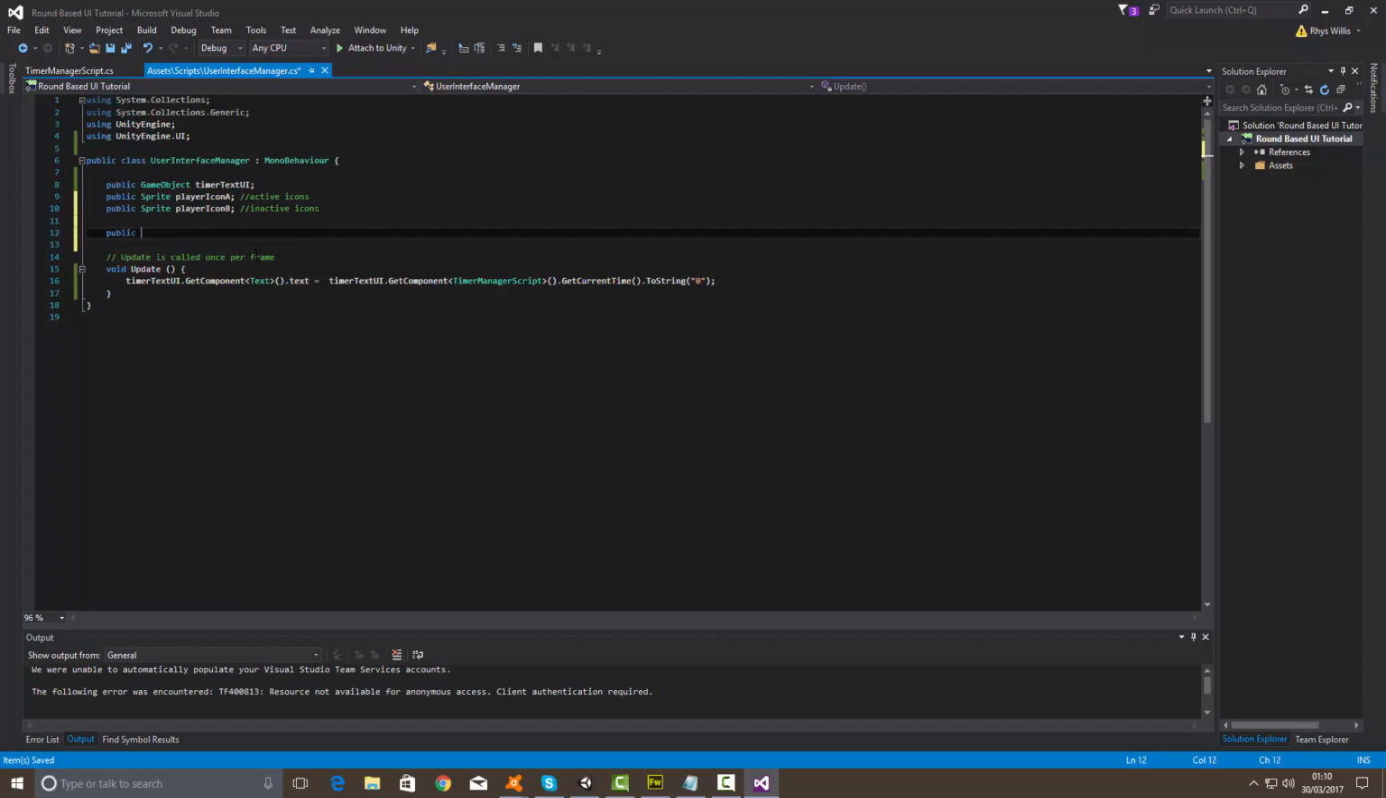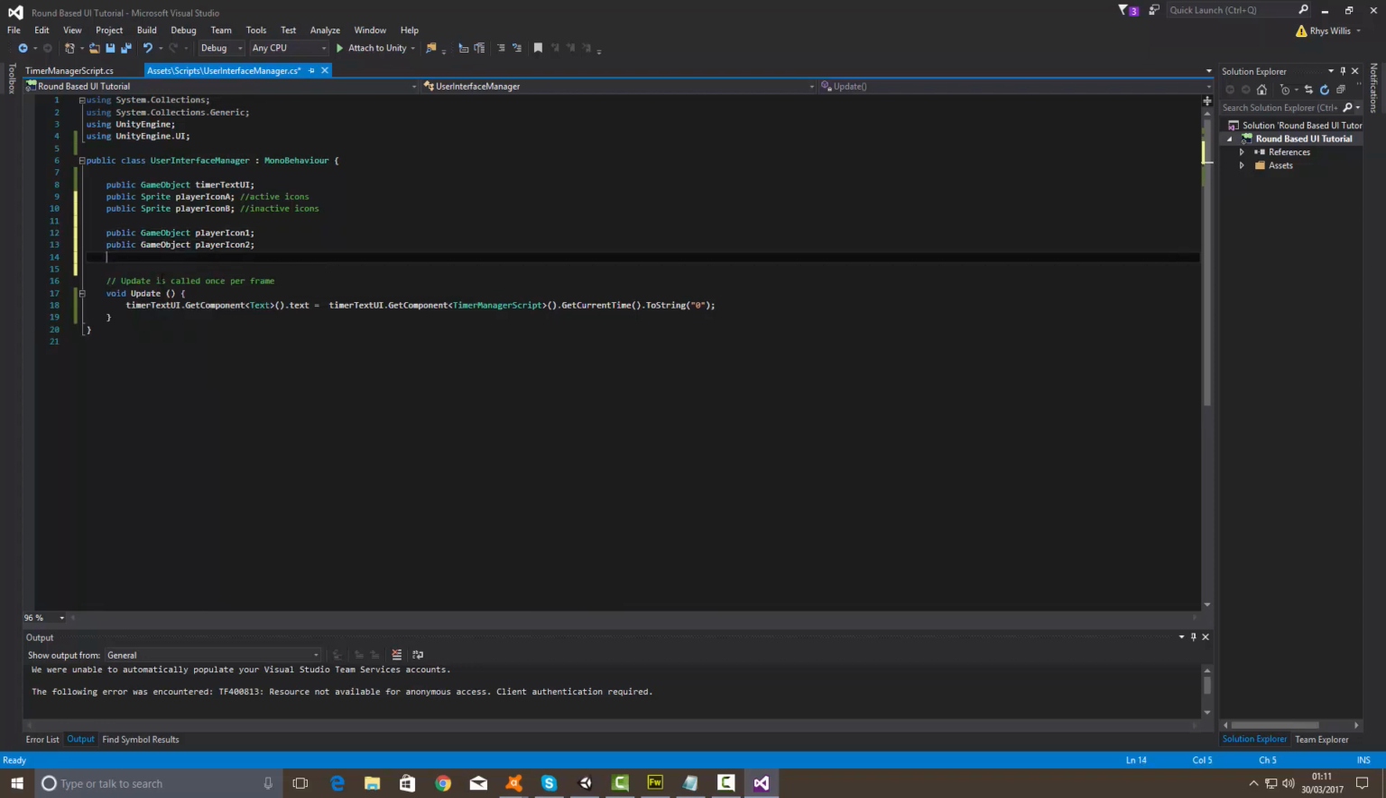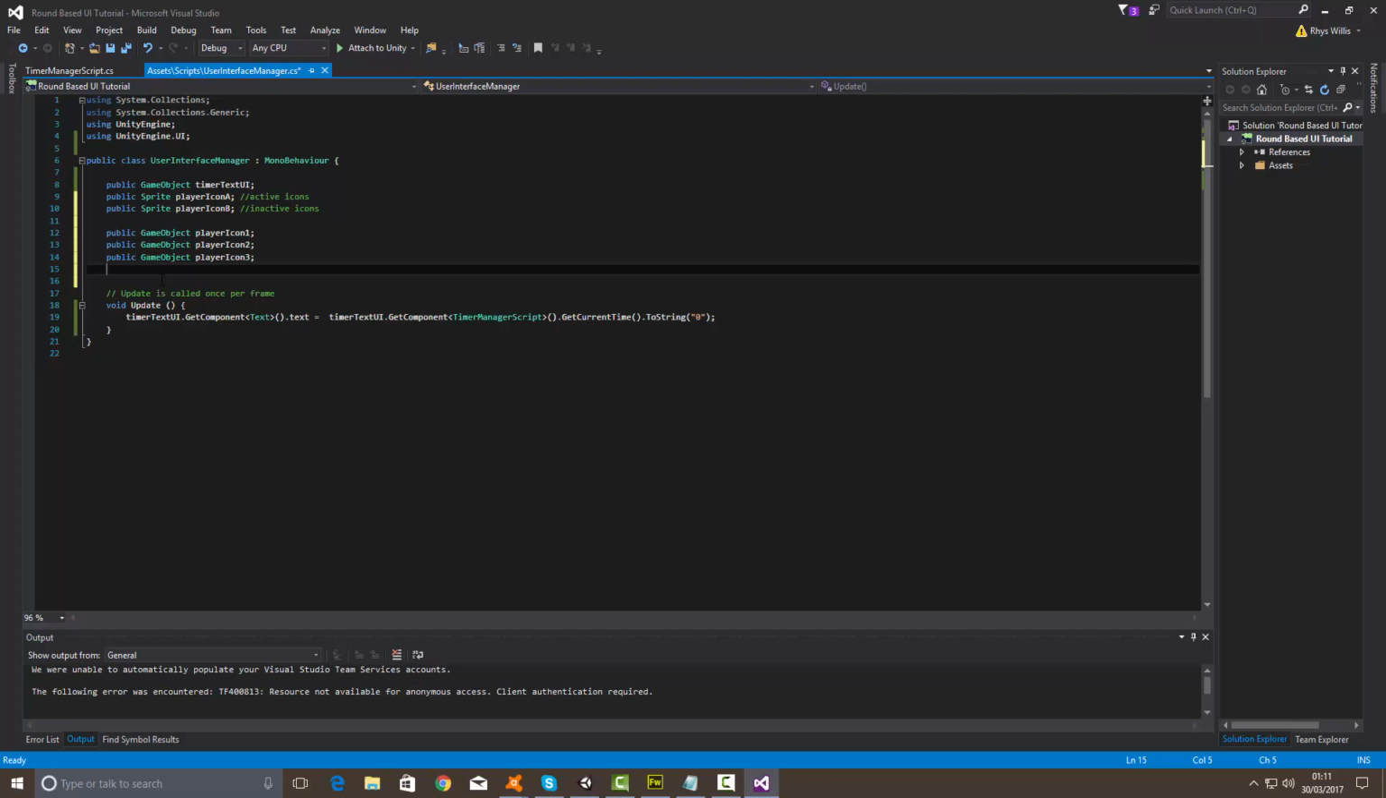And then public game object. What we can actually do here is something pretty cool, if I remember how to do it correctly. If we call this public game object player icons. Now actually this is probably going a bit too complicated. So if we just call this public game object player icon 1, and then we do this for all three, to public game object player icon 3, and then we need to keep track of how many lives they've got. So we'll call this